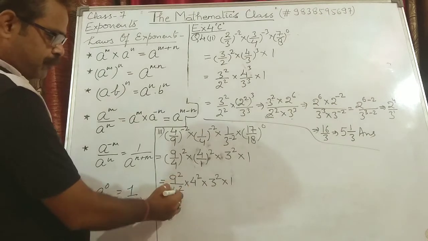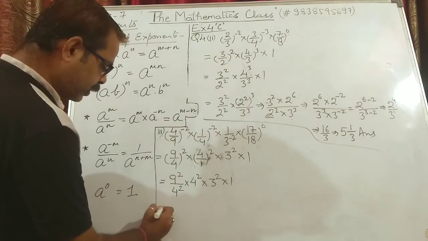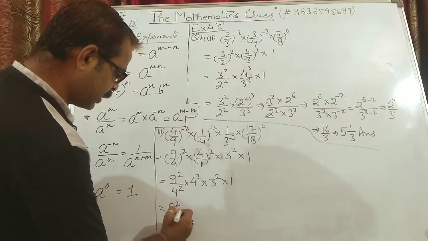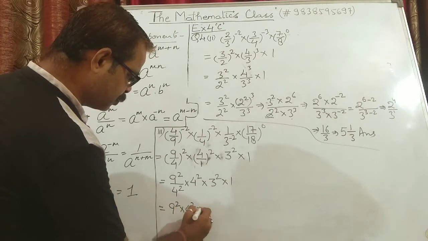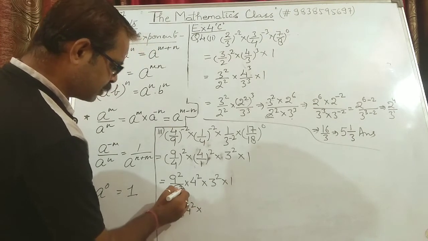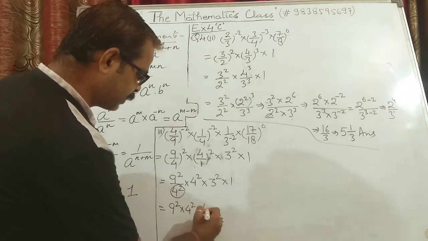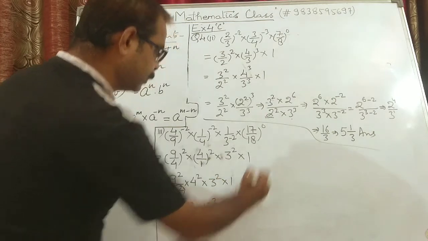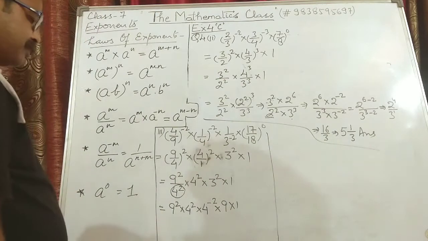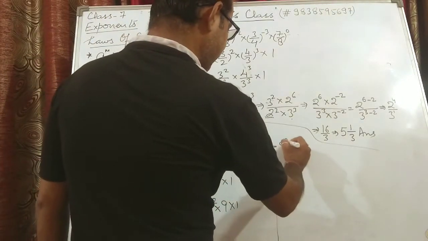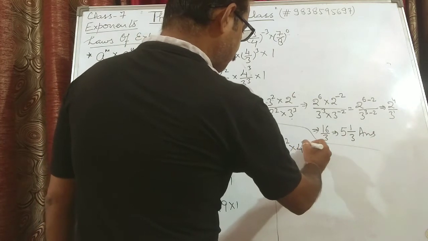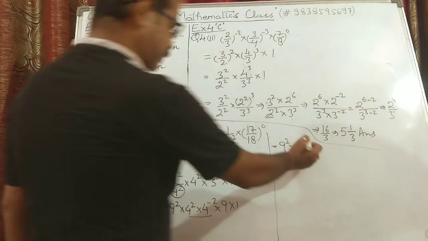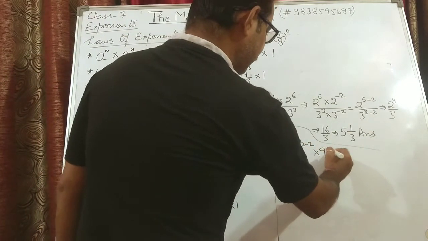Now 4 square and 4 square will cancel, or if they will not cancel, this 4 will go to the numerator, means 9 square into 4 to the power 2, and this denominator I am bringing to the numerator. The power will become negative, so 4 to the power minus 2 into 3 square is 9 into 1. Now it will become 9 square into 4 to the power 2 minus 2, because bases are same, so powers get added. So 2 minus 2, that is I have written 2 minus 2 into 9 into 1.